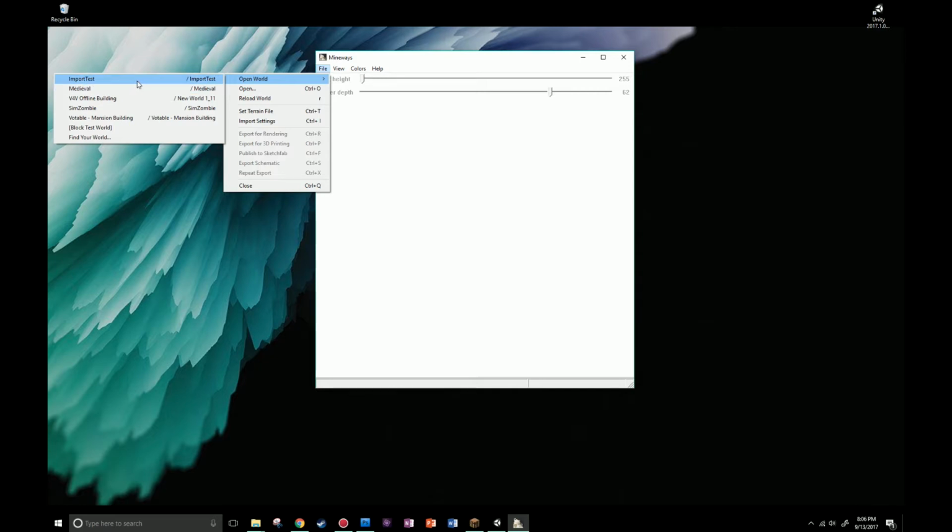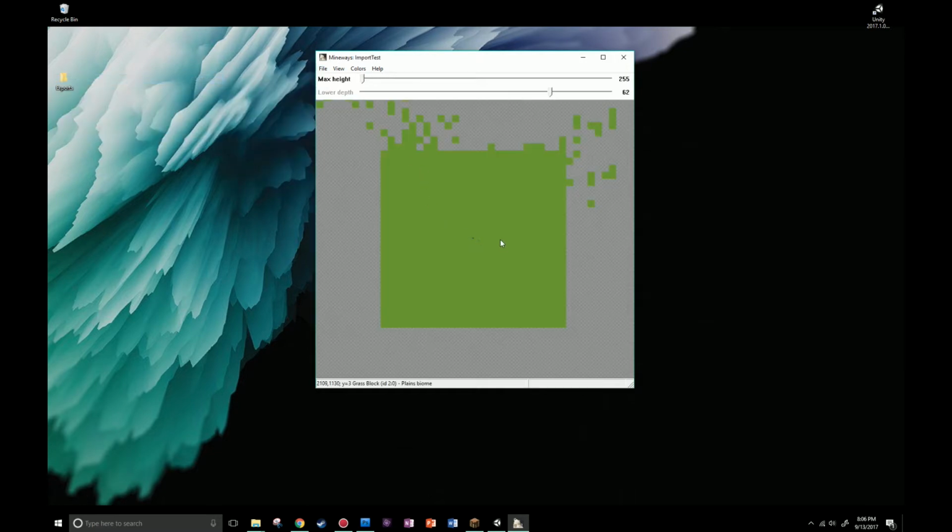But for now, I'm using the default Minecraft for this, and here it is right there. So now we've imported our world, and we can zoom in on it, and you'll see that you're right there. Another thing is, if you are not at spawn, I think this sort of centers on spawn in Minecraft terms. So you're going to have to mark down your coordinates and navigate to that if you're not